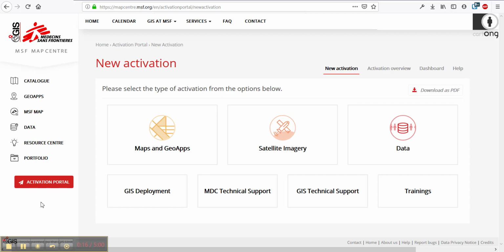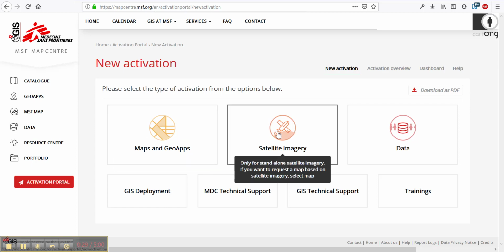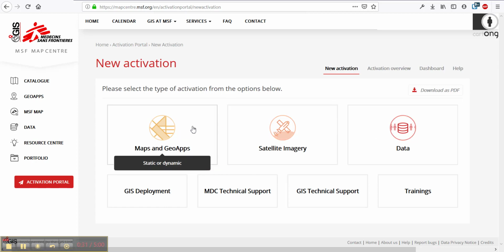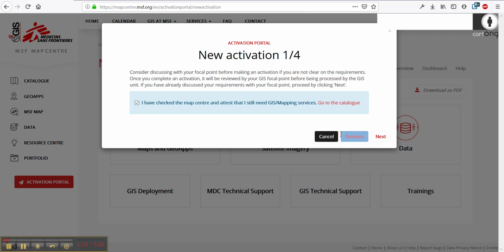In a way, the tool is similar to a ticketing system. It will guide users and help them to express their requests while granting the GIS unit an overview of all ongoing requests. First, the tool will guide the user through the type of product they would like to order, and then help them to submit the necessary details for their request to be processed.